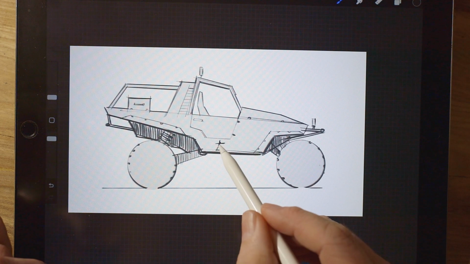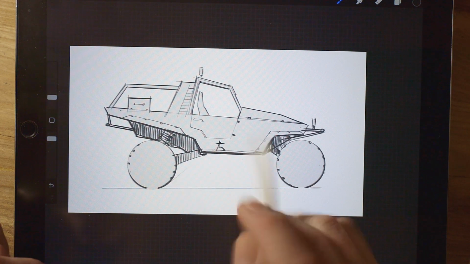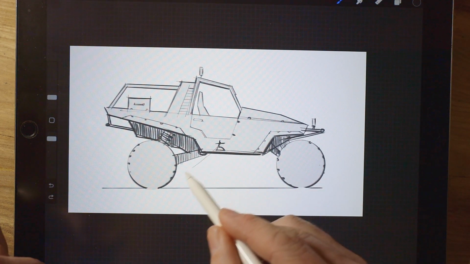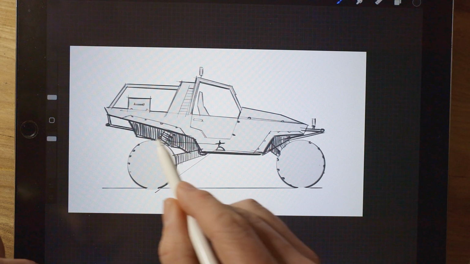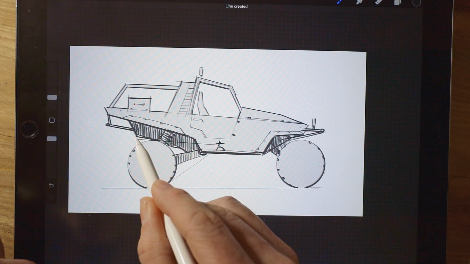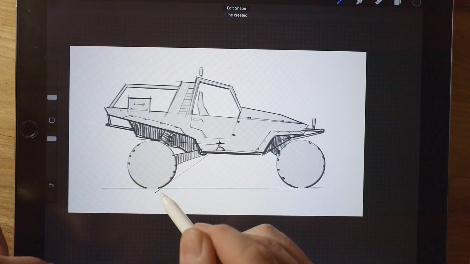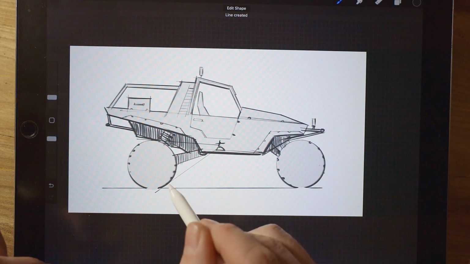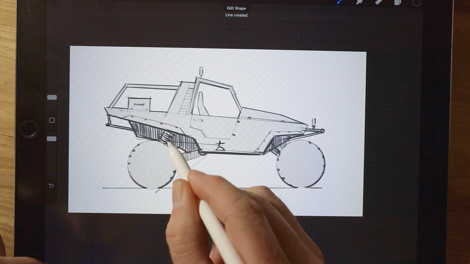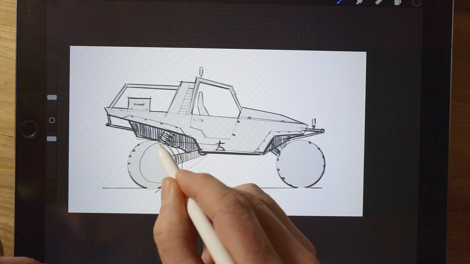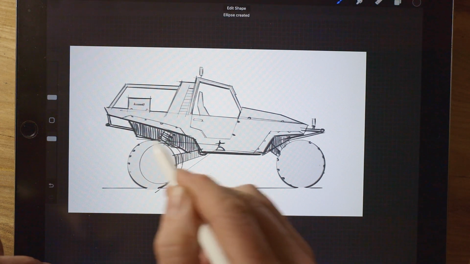So now we can use that point to work out various things. We can draw a line to our wheel at the back there, another one at the top, and this is tangential to the sides of the wheel there, going off to the vanishing point. So we now know that the other wheel on the far side, the distant one, is going to be the same kind of shape as that,